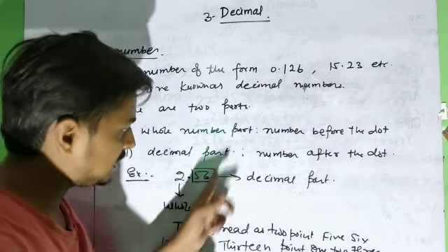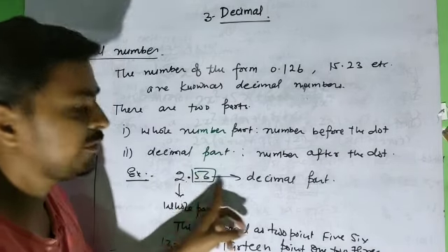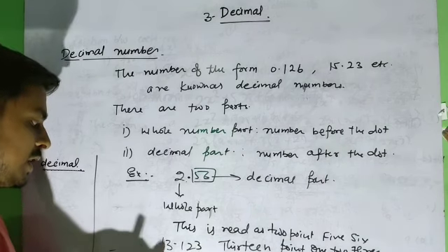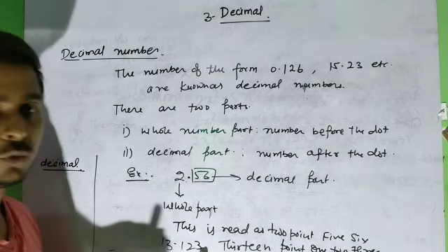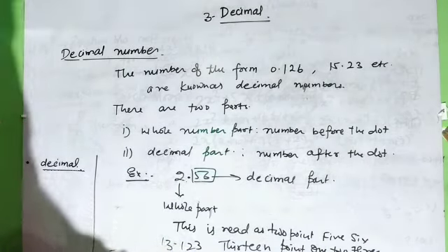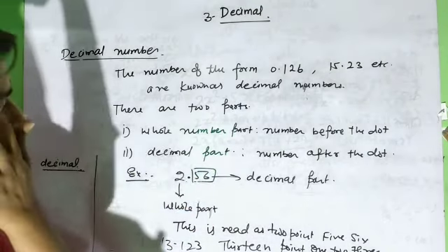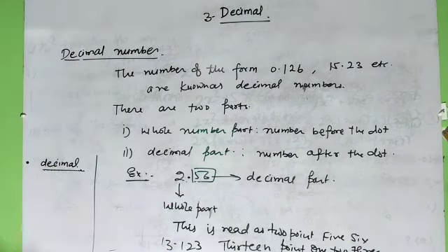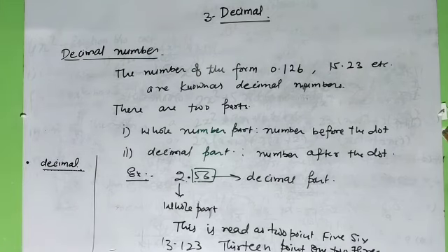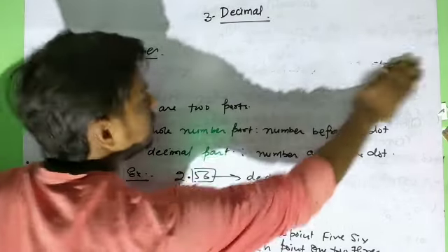This is 5, 6, 2, 3. We cannot read it as twenty-five six; we have to read it as 2.56. So this is 13 point 1 2 3, not 123. This is the method of how we will read it, and these are the parts: this is the whole number part and this is the decimal part of the decimal number. You can note it also. After that we will move on to the next points. If this is done, we can erase it.